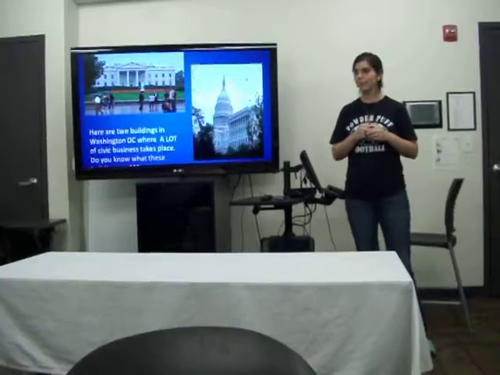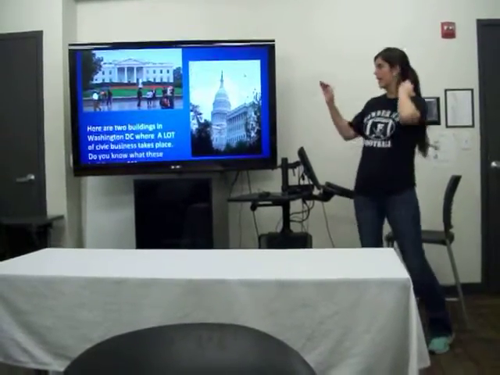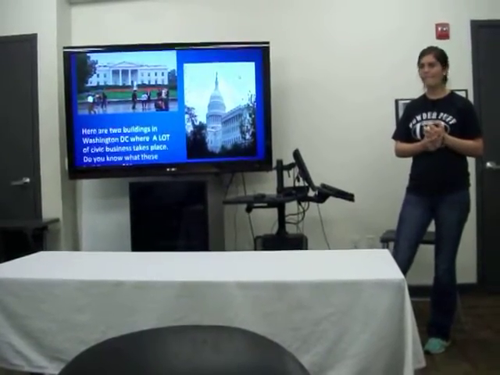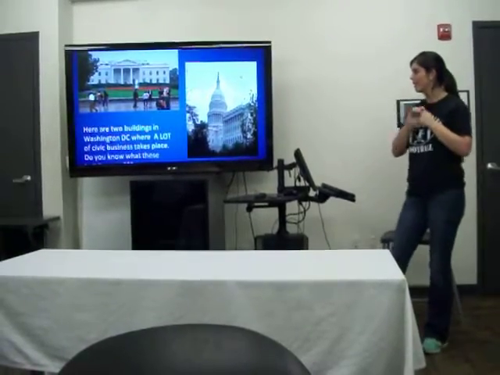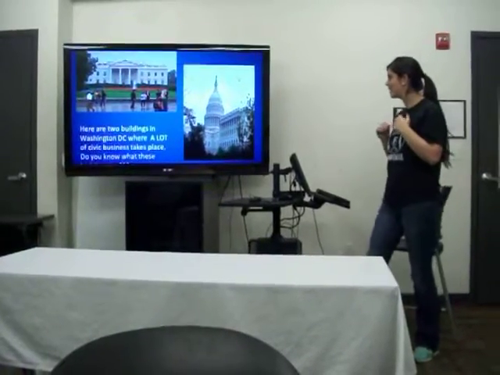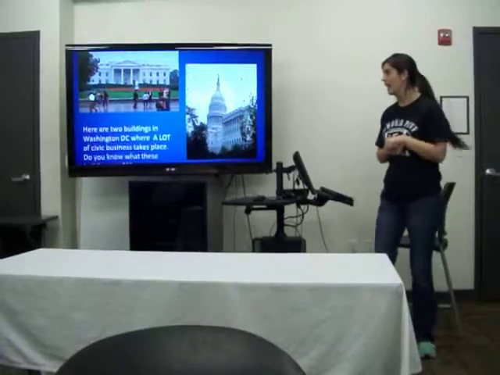So, this cut off a little bit on the bottom, but here are 2 buildings in Washington, D.C. I almost gave the answer away, where a lot of civic duty takes place. Can anyone tell me what either one of these buildings are? The White House? Yes, this one right here on the right is the White House. Does anyone know what the other one is? The Capitol? Yes, it is the United States Capitol building, and in my opinion is the most beautiful building in